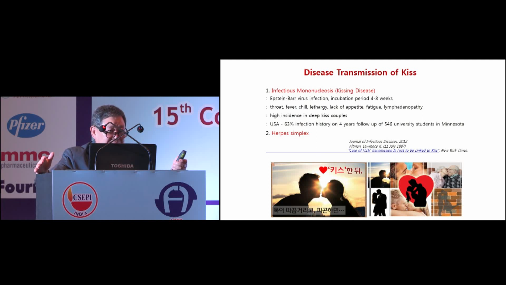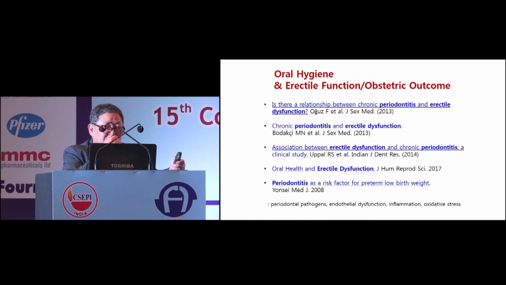This disease shows high incidence in deep kiss couples. In a U.S. study, 63 infection histories were followed up over 4 years among 446 university students in Minnesota. Minor infection sources, as you know, include herpes simplex. This kind of effect we can find a lot of